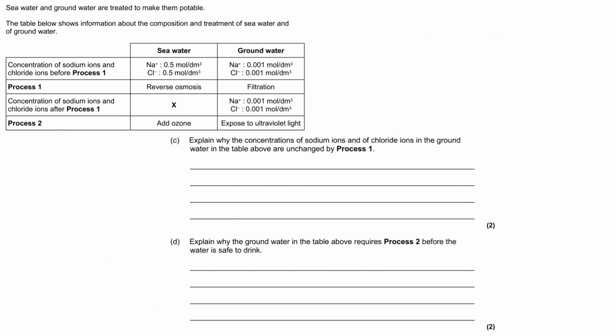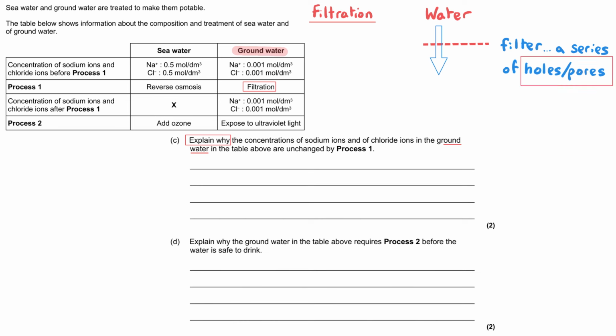And then we've been asked to explain why the concentrations of sodium ions and chloride ions in the groundwater are unchanged by process 1. And so process 1 this time for the groundwater is filtration. And during filtration, the water is passed through a filter. And a filter is a series of holes that will allow particles through, provided they are small enough to